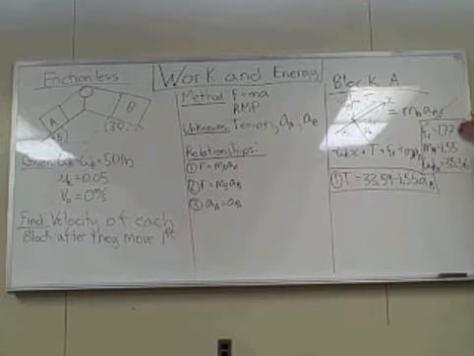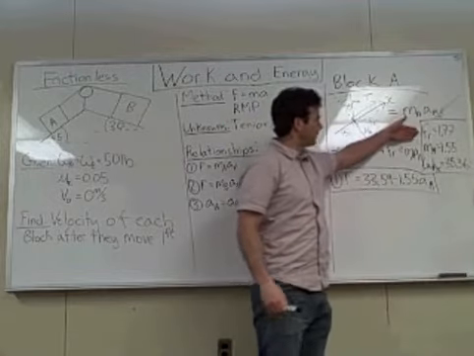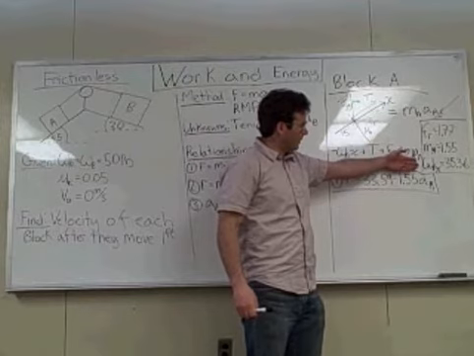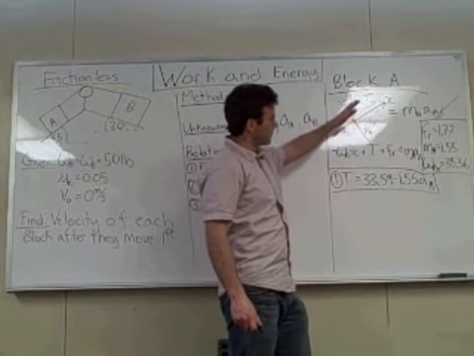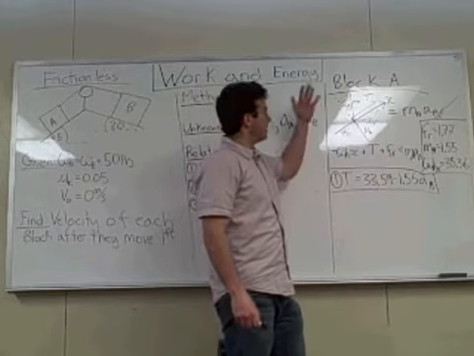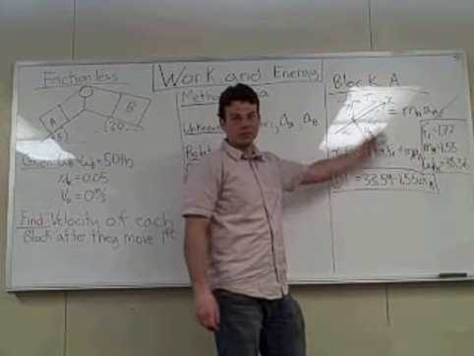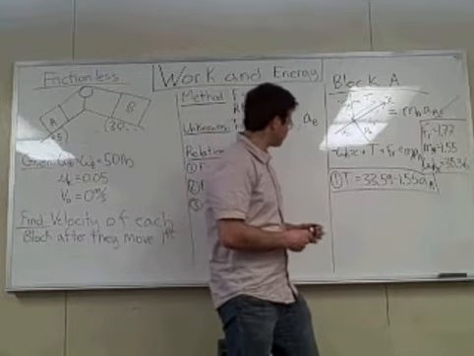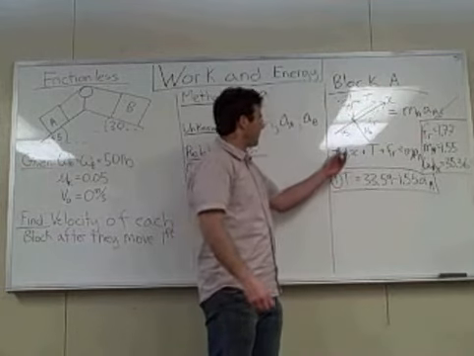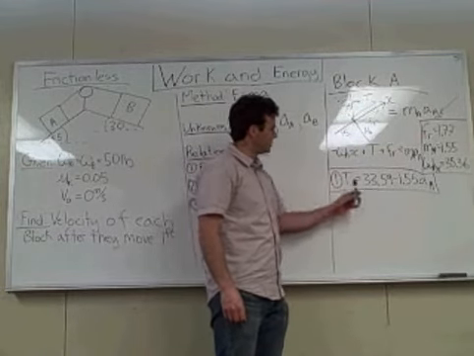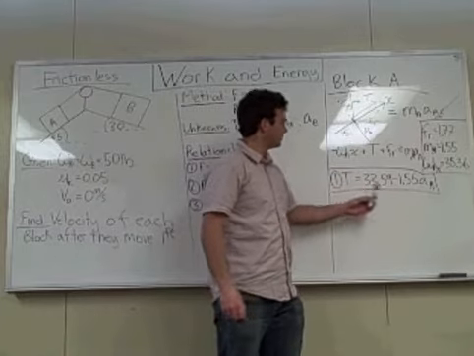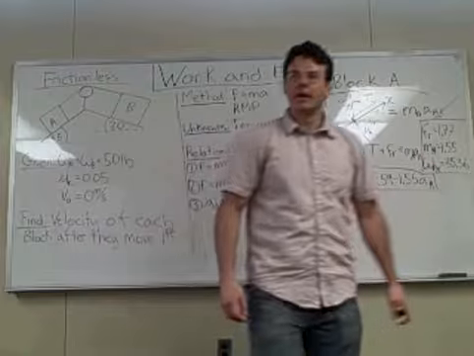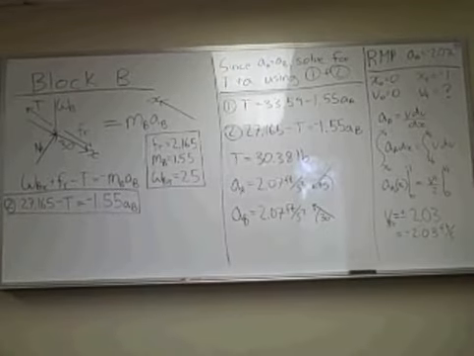So the equation, once I substitute all of these numbers, the friction, the mass of block A, and the force due to the weight of gravity in the x direction. All these can be determined using Newton's second law, and that's something that is done previously. I don't have enough room to go through and do all that, but those calculations are fairly simple. And so I substitute in, simplify the equation, and I get my tension equals 33.59 minus 1.55 times the acceleration of block A. So I have two variables. I'll leave it at that. And now I'm going to have to switch over to another blackboard, and we can see